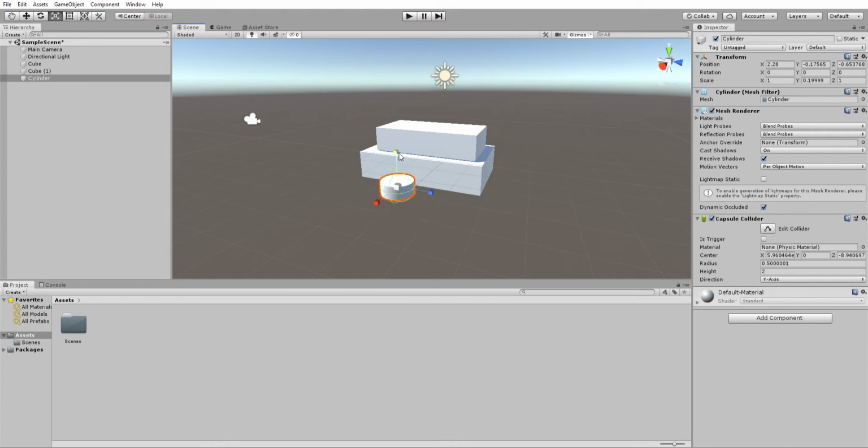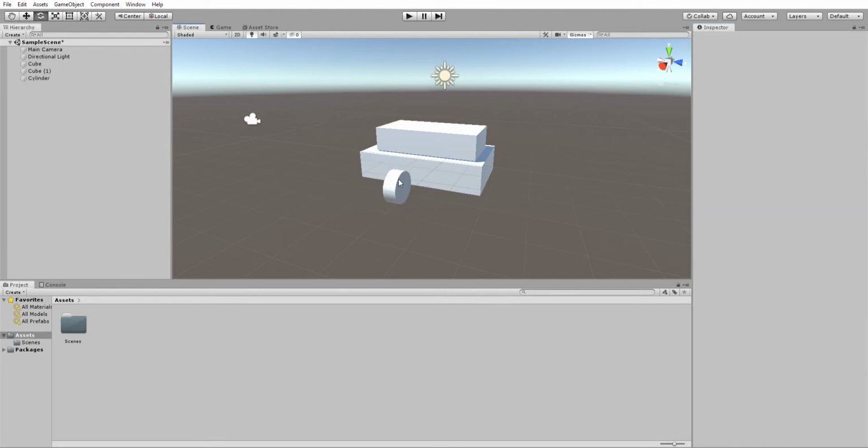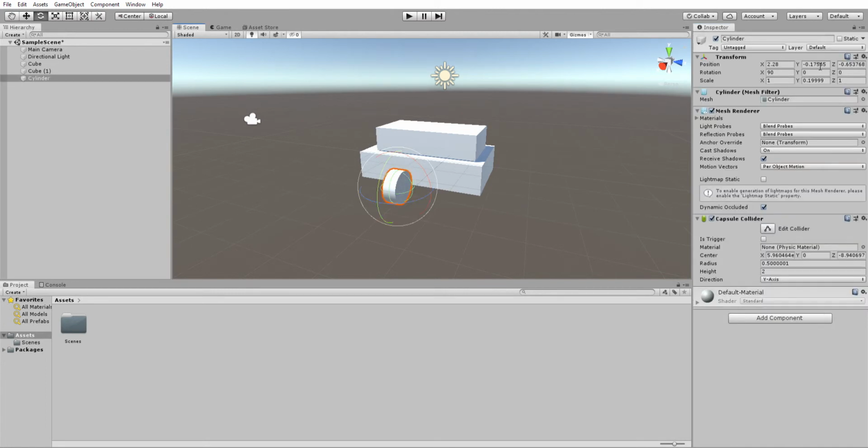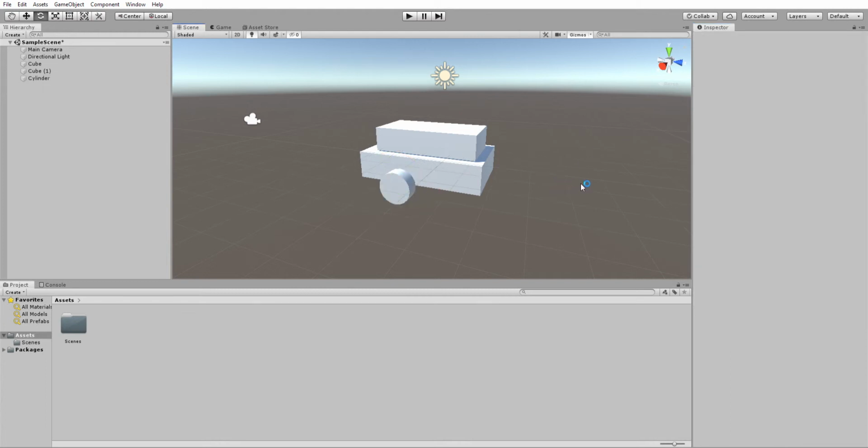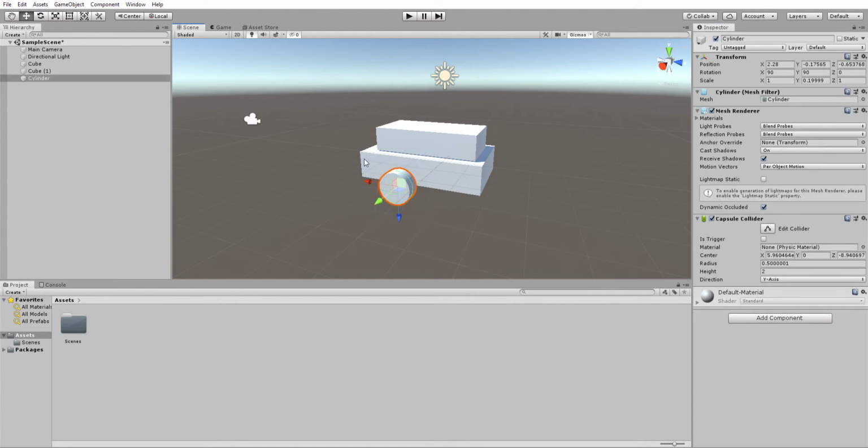That looks about right. And then we're going to rotate it 90 degrees. So we can either do it like this and get it about 90, or we can go here and type in 90 exactly, and now do the trick. Actually, we need it another 90 to get it lined up with the car face. So we're going to do that, and then we're going to move it in for the car,